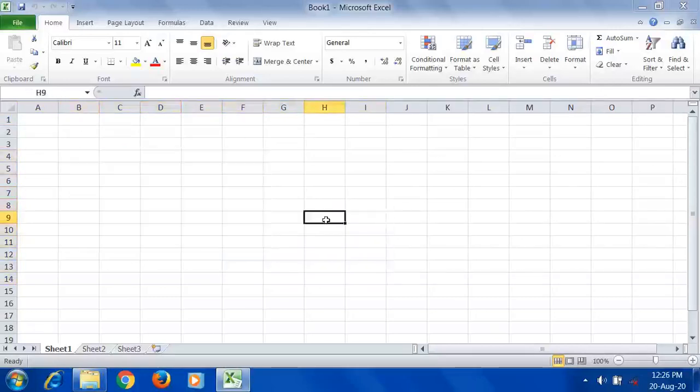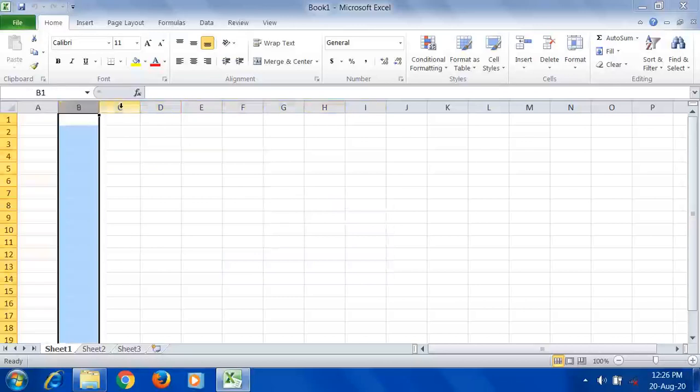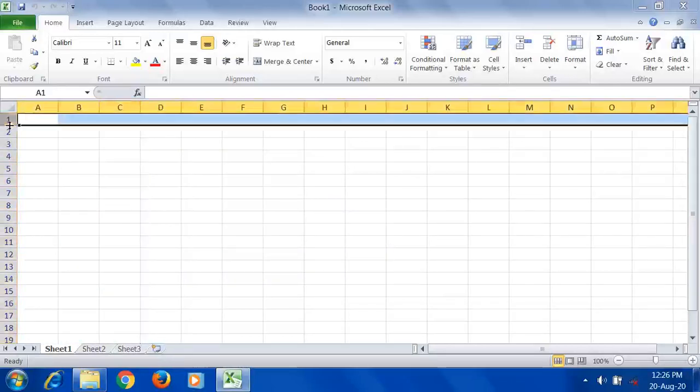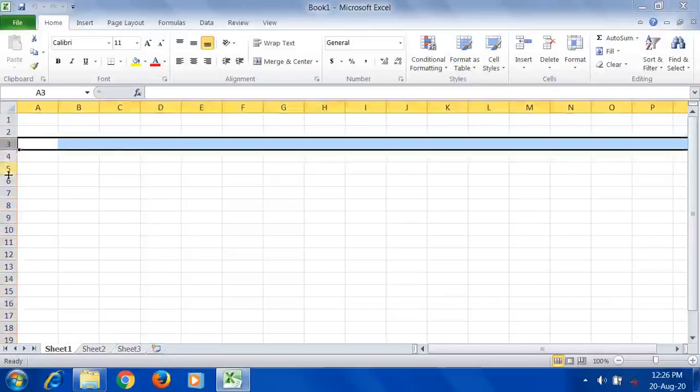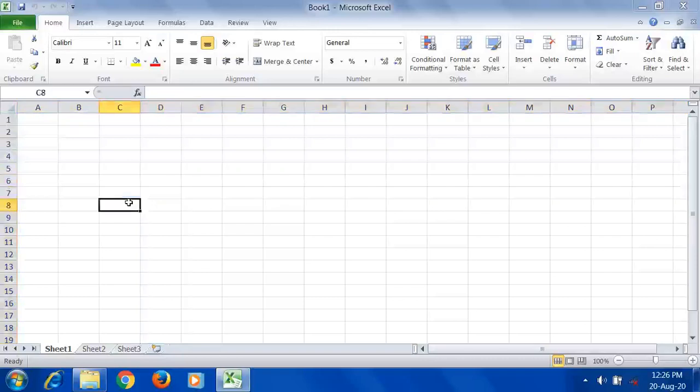It is a grid-like area made up of rows and columns, where you enter and work with data. Here these are the columns and these are the rows. The rows and columns form cells, and in these cells we are going to enter the data and work with it.